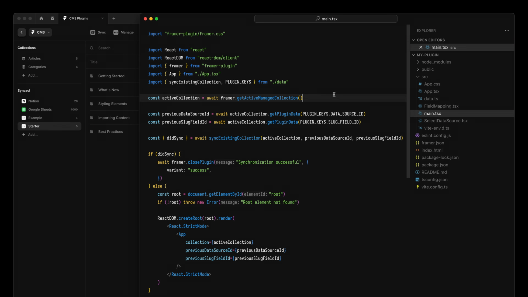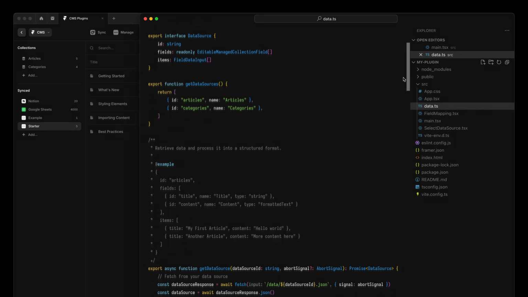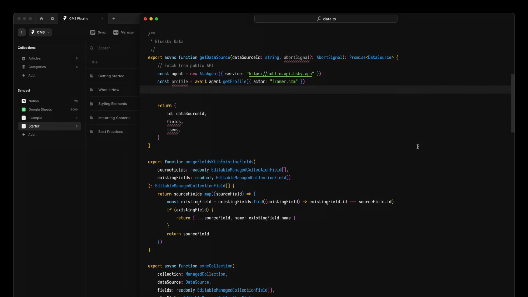The main thing to change to start working with your own data is the data.ts file and scroll down to get data source. In here is where the core data fetching for the plugin happens. So if we replace the fetch with one for our own data, we'll be most of the way to our own custom CMS plugin. For a simple example, let's swap the fetch for an API call to BlueSky, where we'll